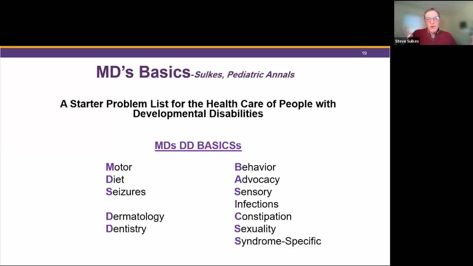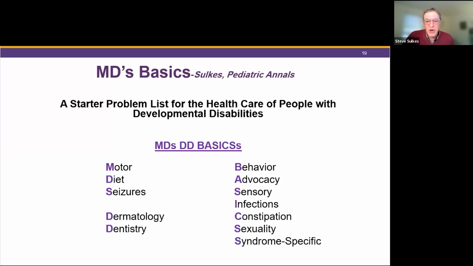What we did was we looked at people's problem lists and looked at what the top 7 most frequently occurring problems were over several different settings. And these were the things that came up most frequently. What we realized was that during our well person visits, we actually just ticked these things off and made sure we were thinking about them all. Then the reasons that the people came in for acute problems were regular things that were typical for their age, with the exception perhaps of seizures, which might be more common in people with intellectual and developmental disabilities